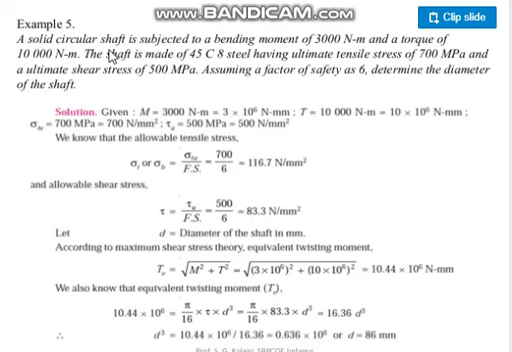See, a solid circular shaft is subjected to a bending moment of 3000 Newton meters. Here it is in meters, you have to convert it into millimeters, okay? And a torque of 10,000 Newton meters. This is also in Newton meter, you have to convert it into millimeter. The shaft is made of